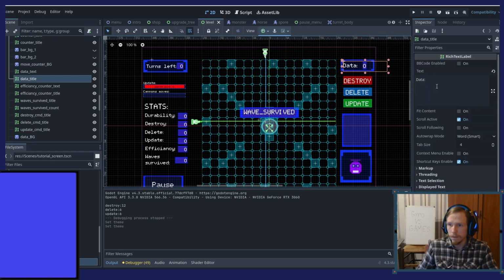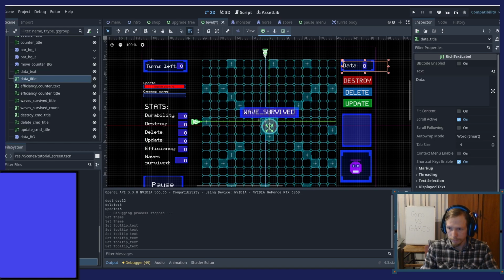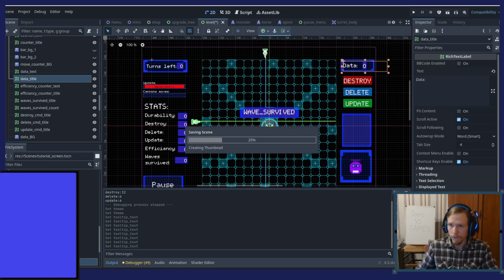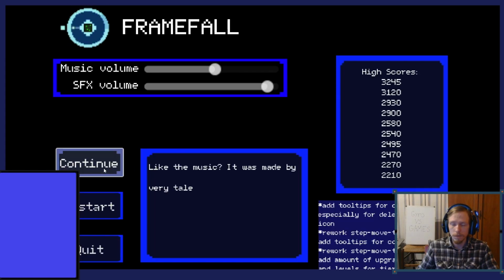Data title, yeah, tooltip, there it is. Okay, I think we are good to go.